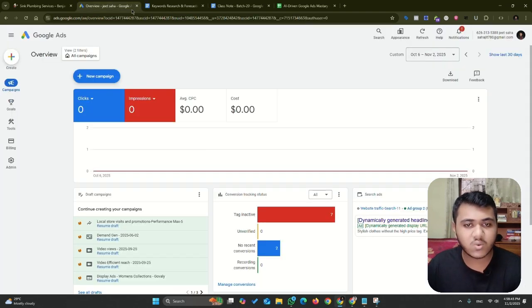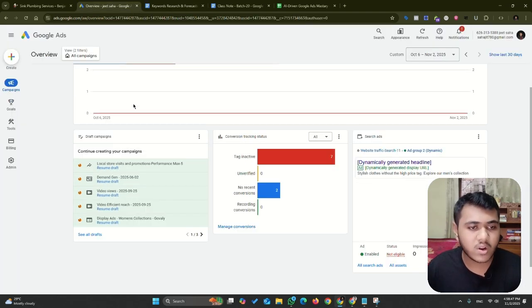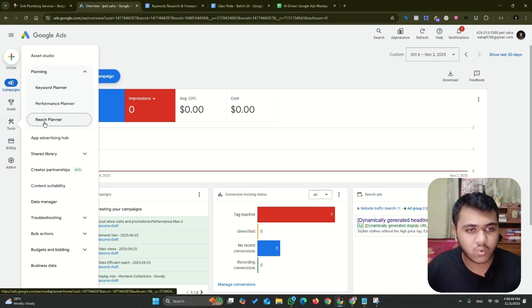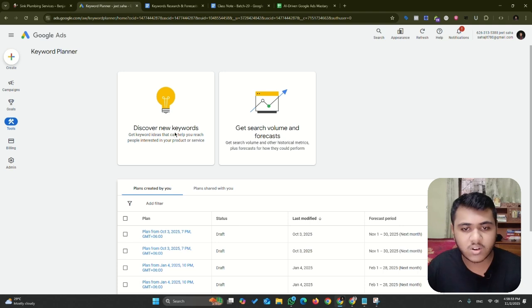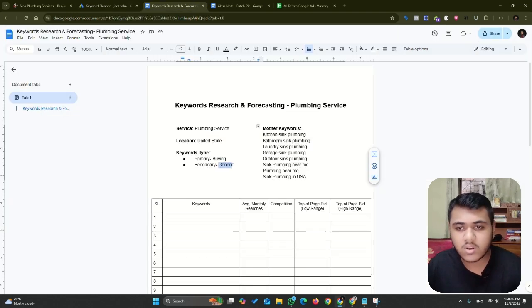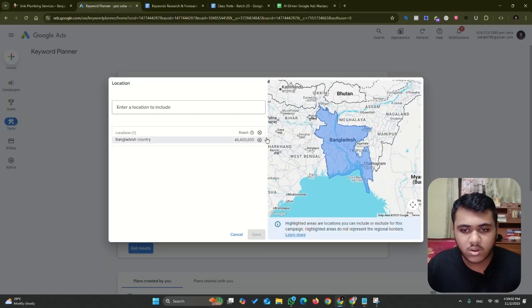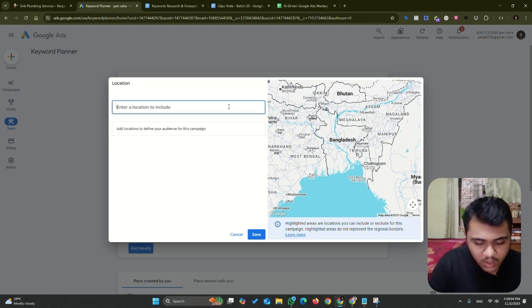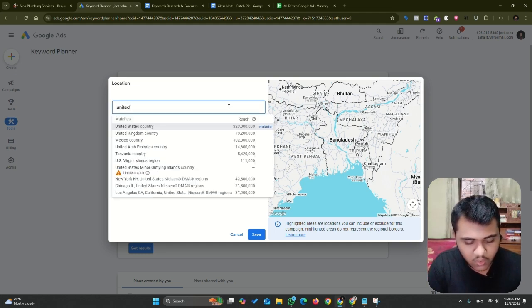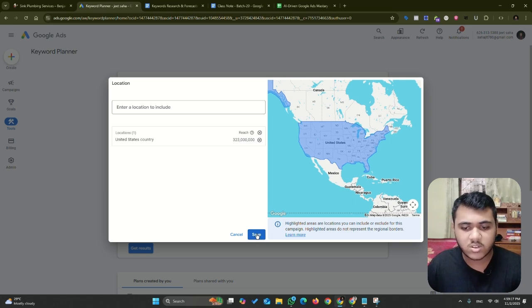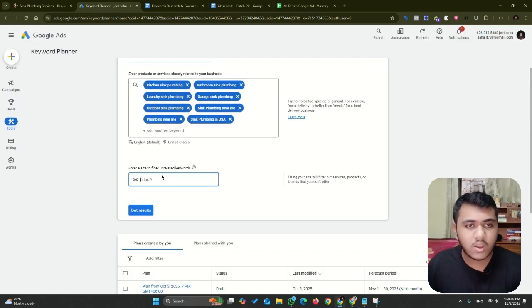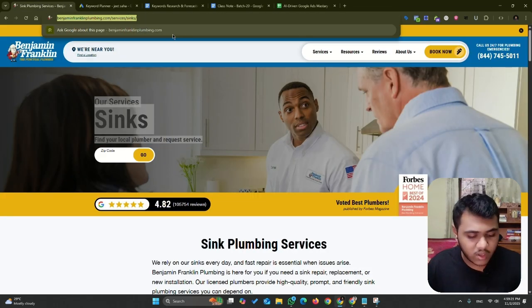So let's go to our Google Ads account, then go to Tools and Keyword Planner, then Discover, and copy and paste the keywords. Location will be the United States, and our landing page URL is